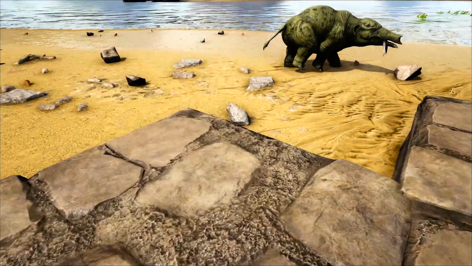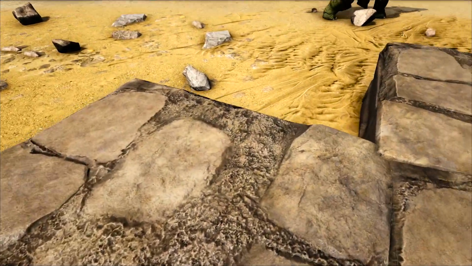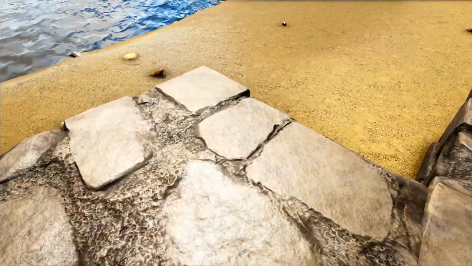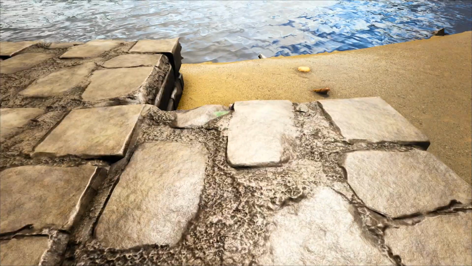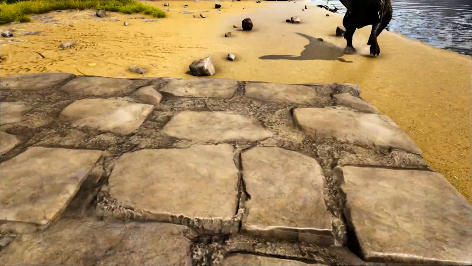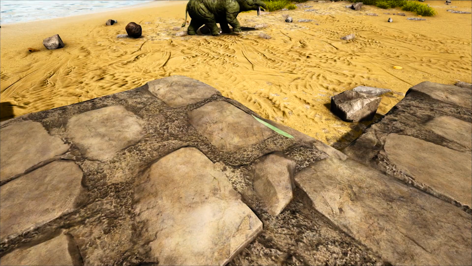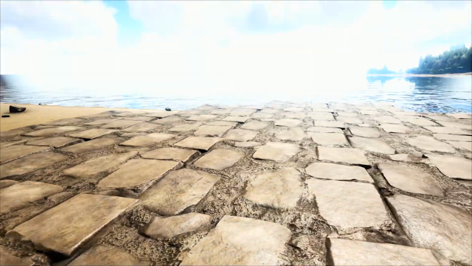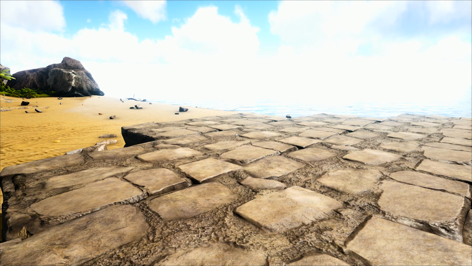And then let's go ahead and put fence foundations on each of these corners. So there, and there, there, and there, there, and there we go. So now that we have all of our fence foundations in place, let's go ahead and grab some pillars, put